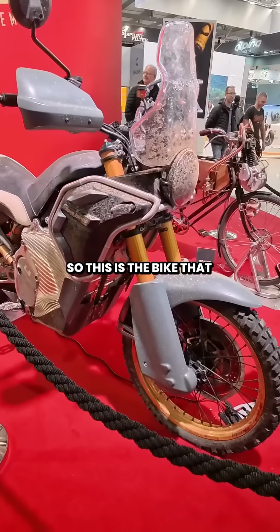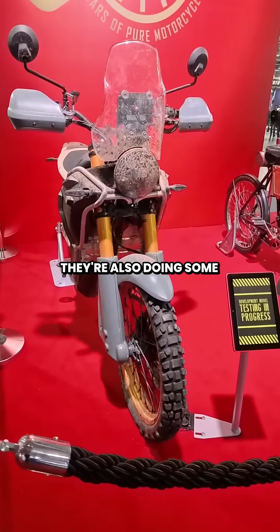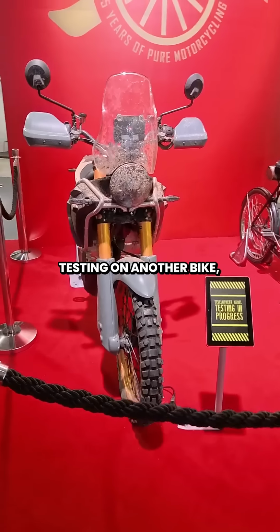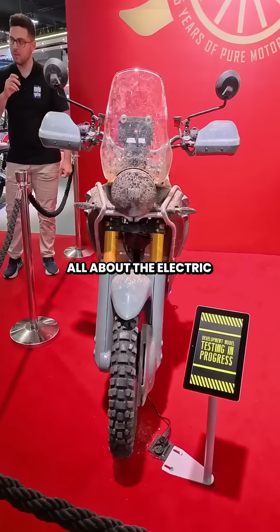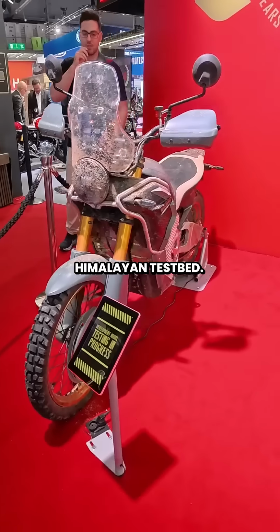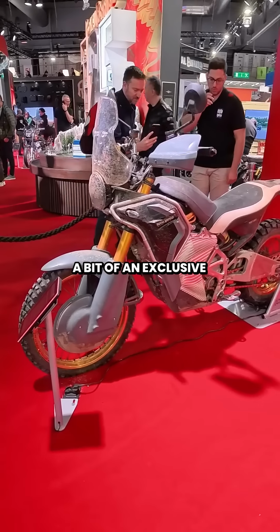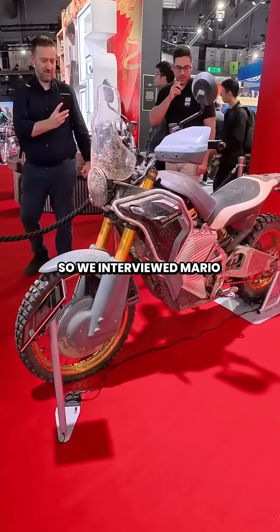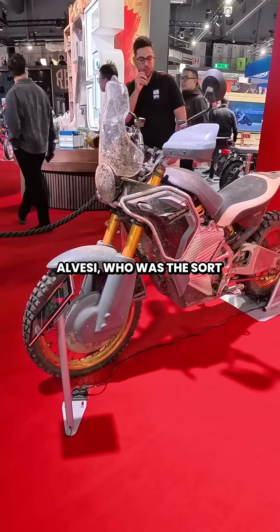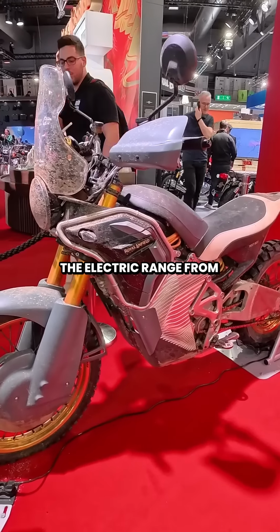So this is the bike that we saw being tested and put through its paces up in the Himalayas, when they're also doing some testing on another bike, which I'm going to go and show you in a moment. But just really, this is all about the electric Himalayan testbed. There was a lot of speculation around this model, and Visordown got a bit of an exclusive with the people from Royal Enfield. So we interviewed Mario Alvisi, who was the person heading up the electric range from Royal